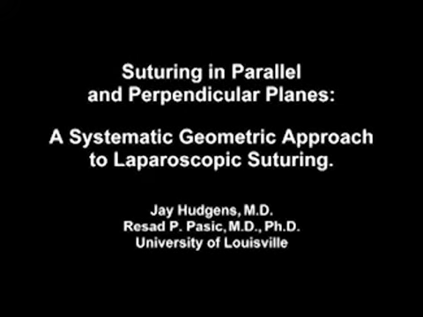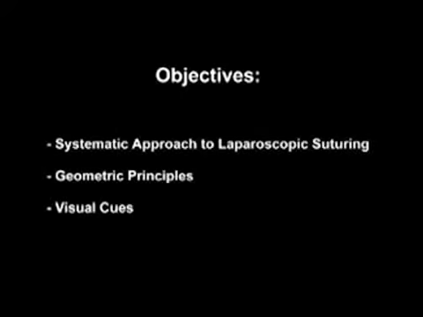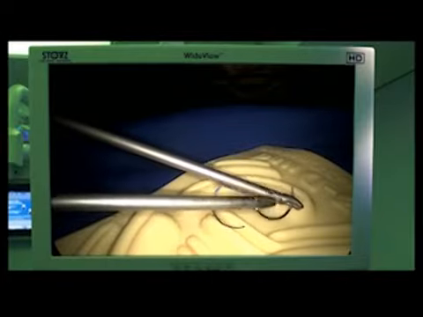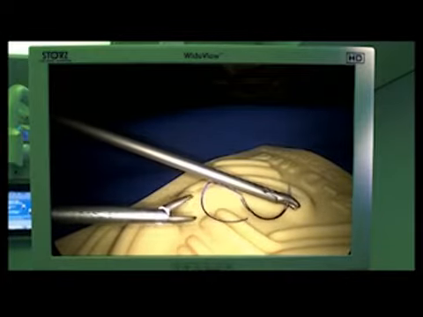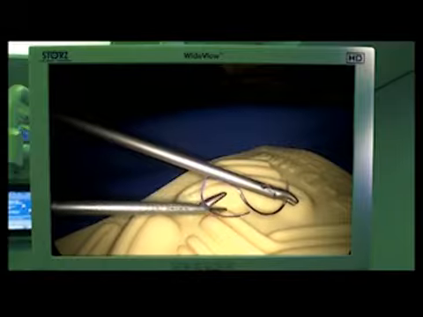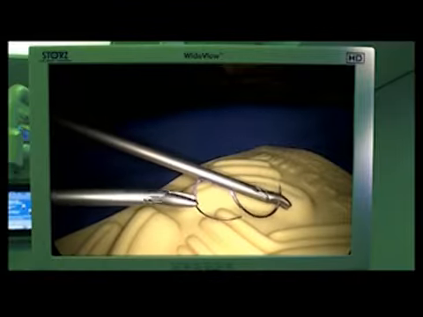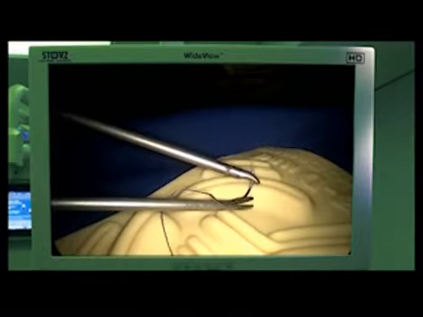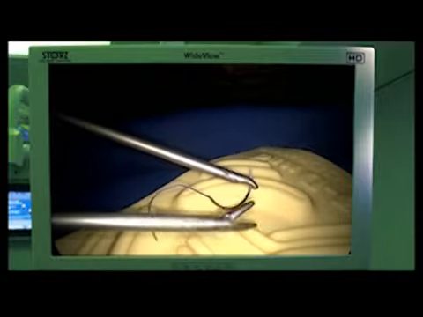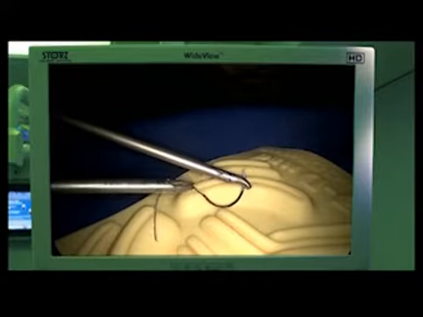The purpose of this video is to present a systematic approach to laparoscopic suturing based on geometric principles and to highlight visual cues that experienced surgeons utilize to aid in depth perception. The main obstacle in learning to suture laparoscopically is overcoming the perception of a three-dimensional operative field presented on a two-dimensional monitor. The ability to perceive depth is difficult due to the monocular vision that is created from viewing a